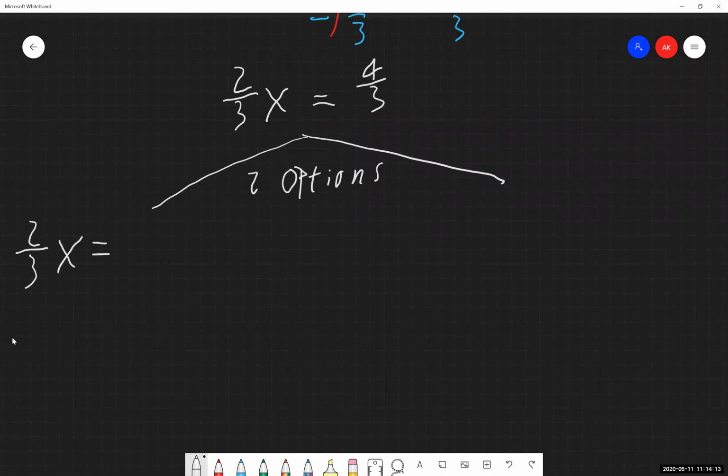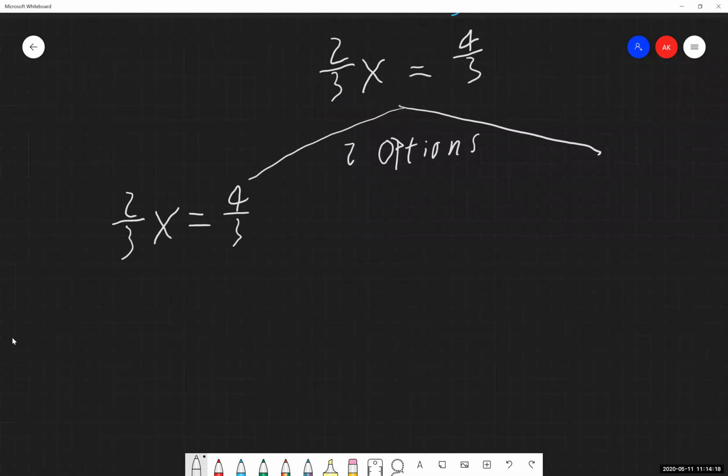So our first option is using what we've used up to this point in time. Well, I have something in front of x. It's attached through multiplication, so I'm going to divide both sides by that thing that's multiplying out front. And you can absolutely do that. Here's what's going to happen, though, and this is where I would advise maybe not using this option as often, purely because of what this entails, but divide both sides by 2/3.